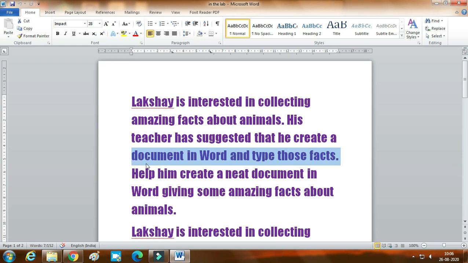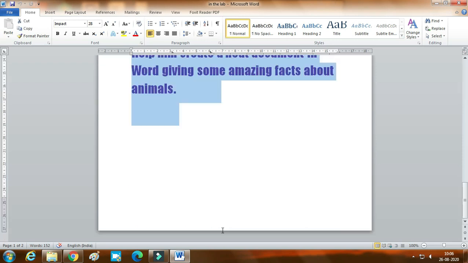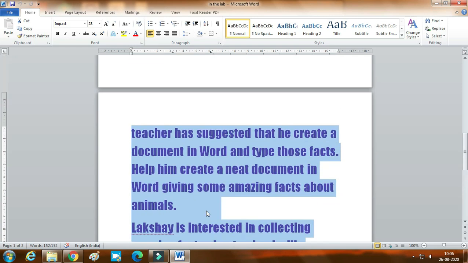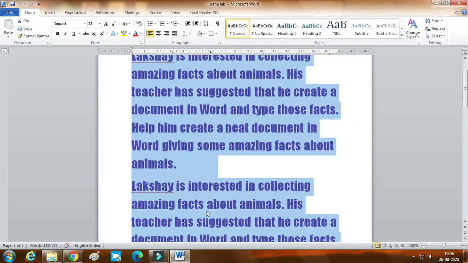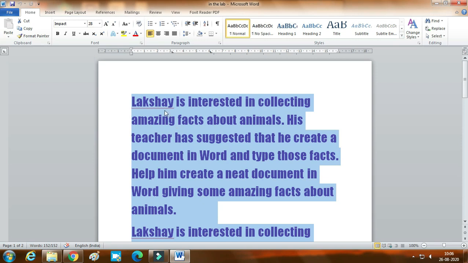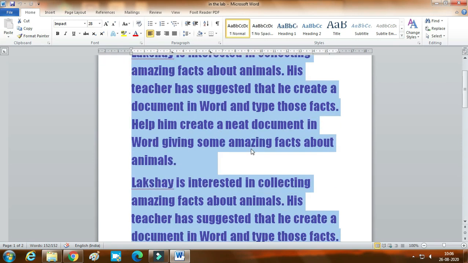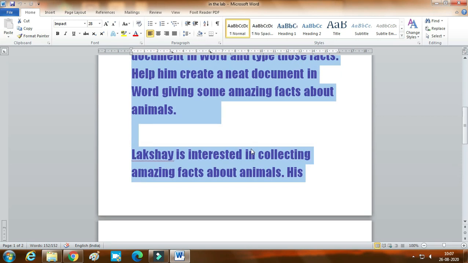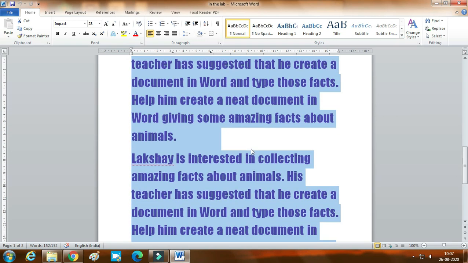Next is using the shift, control and end buttons on the keyboard. Let us see what happens when we press shift, control and end. So we can see the entire paragraphs, however many paragraphs there are in the page, are selected till the end of the page.